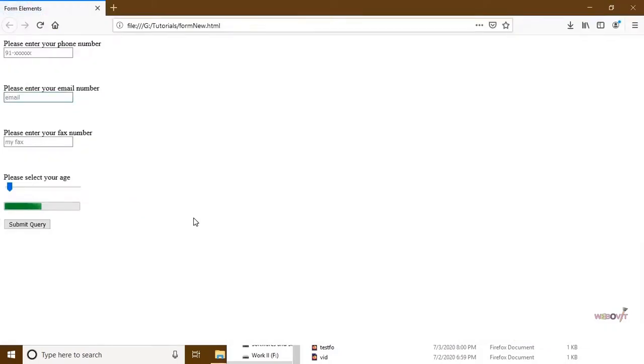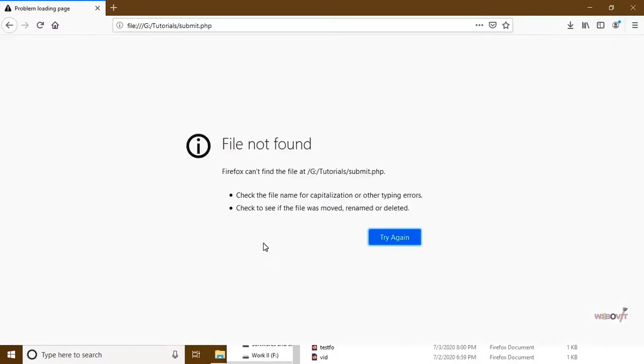Now suppose you want some fields which are important, and in any case you want that data, so you could make it mandatory as well. In this case, see, if I press the submit button without filling this one, this one, or this one, the file will be redirected to the submit.php page and my form will get submitted.